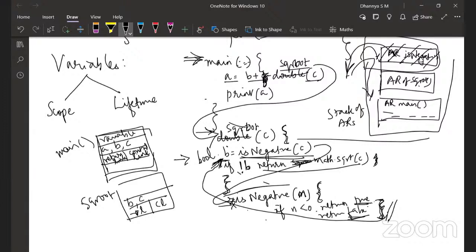There is a return link and the control link, which I was talking to you about, right? The return link will have some memory location address in the RAM. So this is all happening inside the RAM only. Say it has 123. This is a memory location which is stored here. The return true value is actually stored inside that 123 memory. So now the square root method knows where to look for the return value, which is returned by the is negative method.